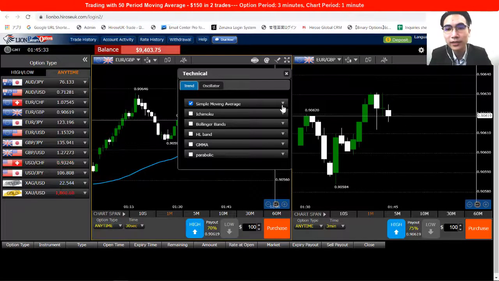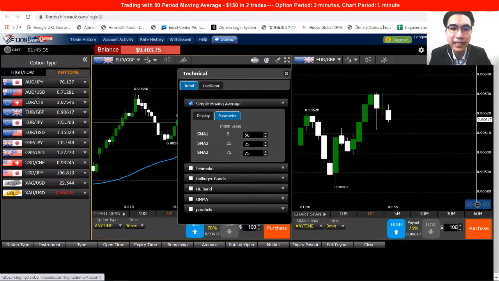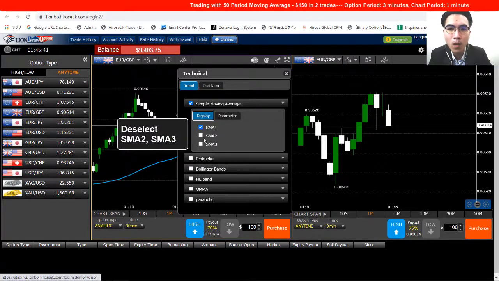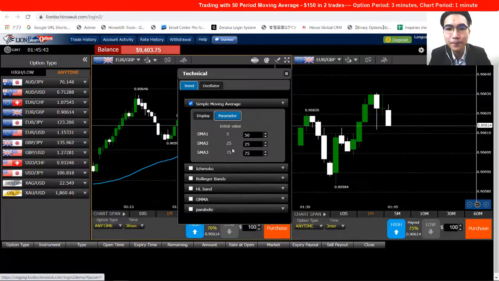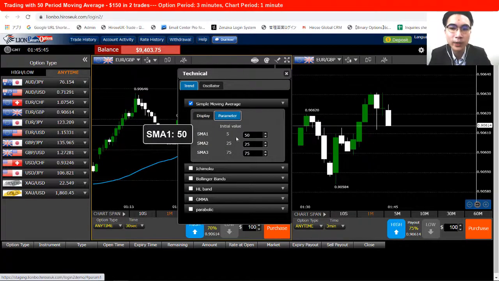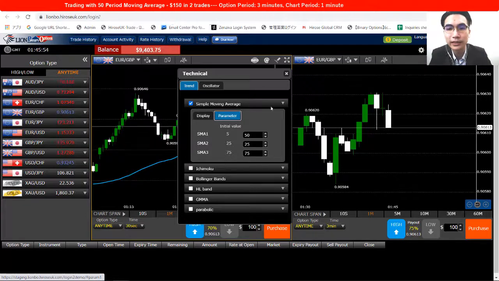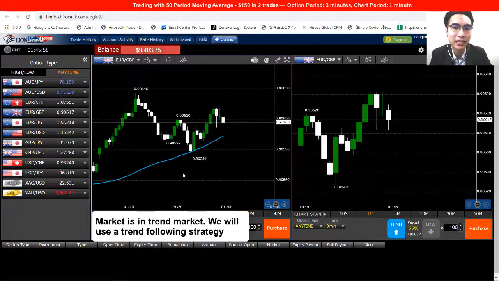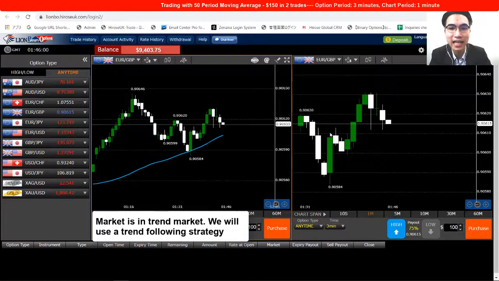and then open the drop down, and go to display. And then we will deselect the SMA2 and SMA3, and we only use SMA1. Then we will go to parameter, and for SMA1 we're gonna set it to 50. So again, SMA1 we set to 50, and that's all done. Then we will close the technical indicators window, and now we can see that the market is in a